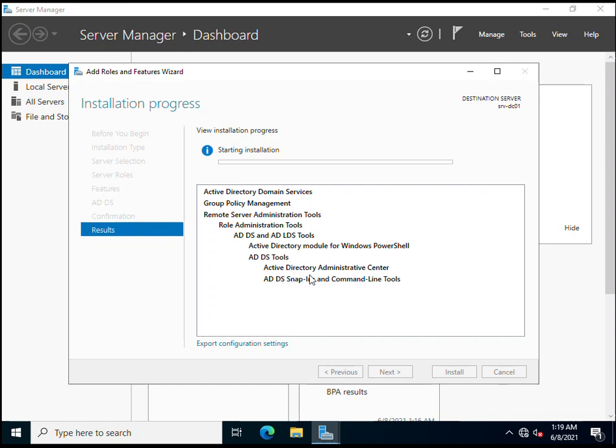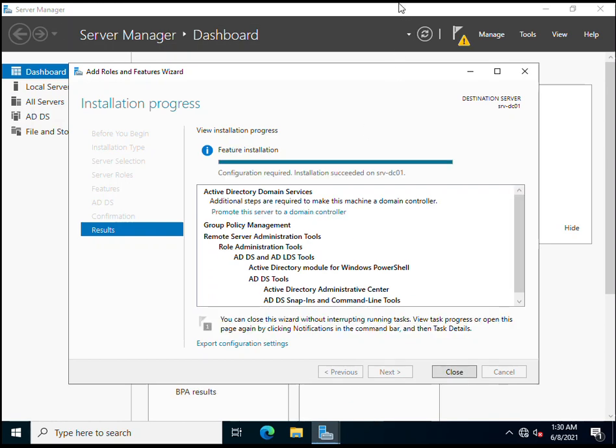So this installation has been completed. Now we need to just promote this server to a domain controller. After installation, you will just get this notification. It means your installation was successful, and now you are ready to promote this server to a domain controller. So I'm just going to click this option,